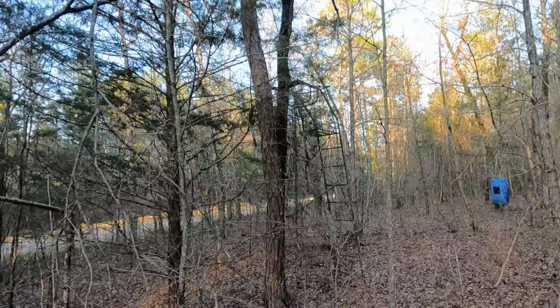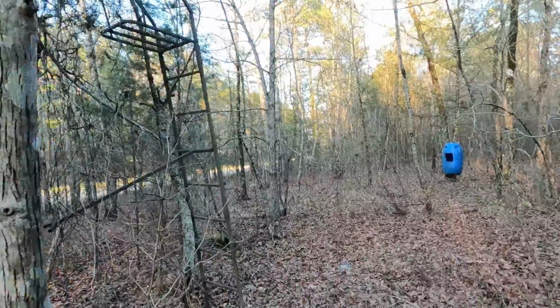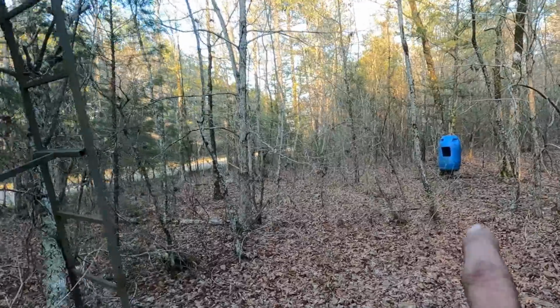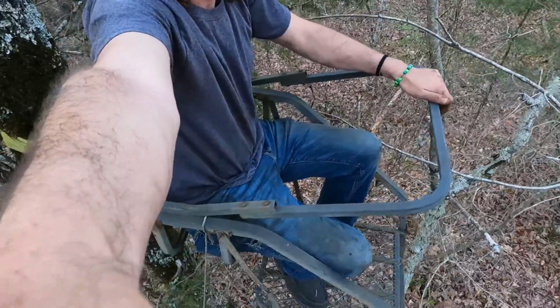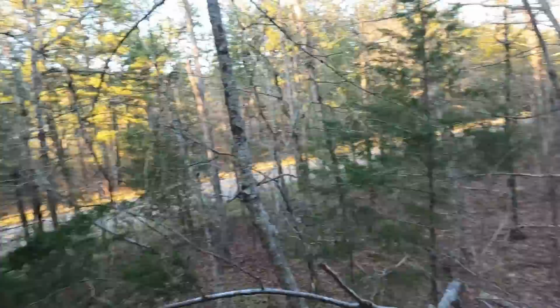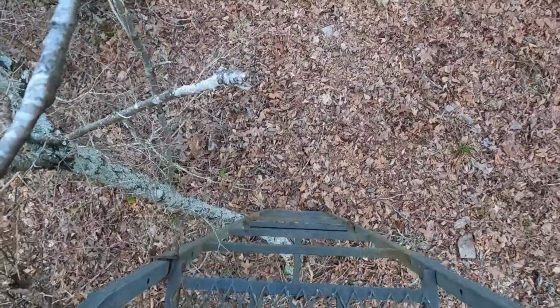I'm out here in my woods. That was my bear bait bucket, which really just fed the neighbor's dogs is all it ever did. All right, sitting up in the stand now. My view from up here. Anyways, it's a decent stand,